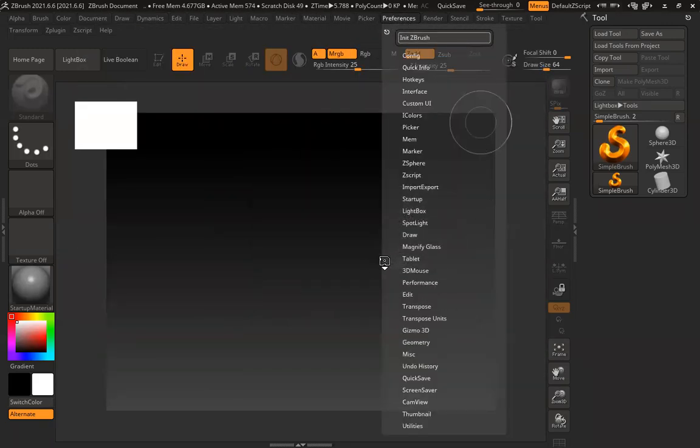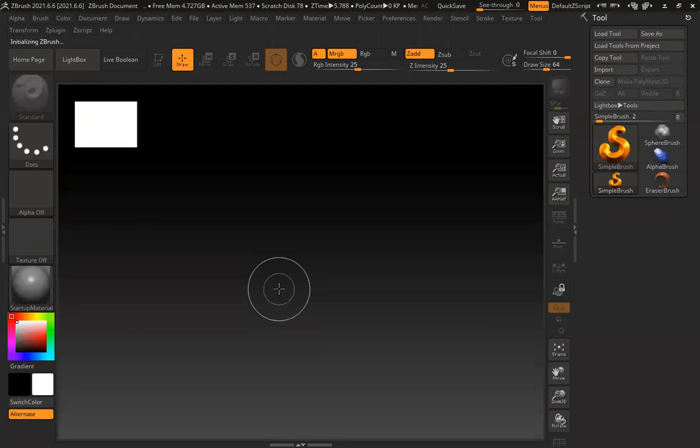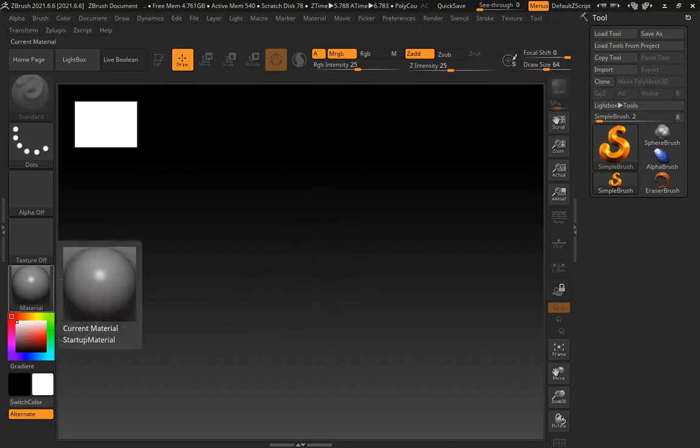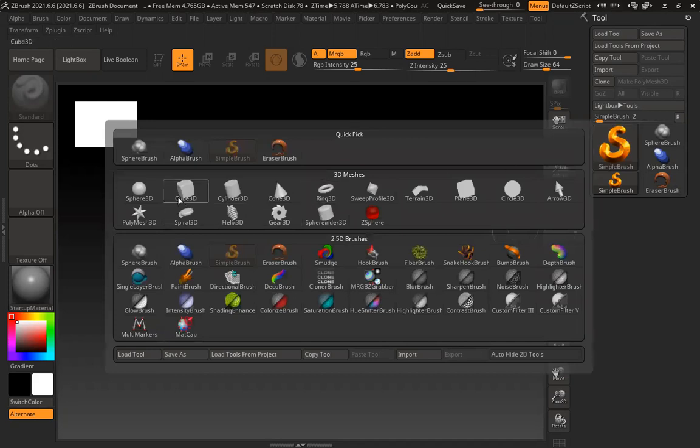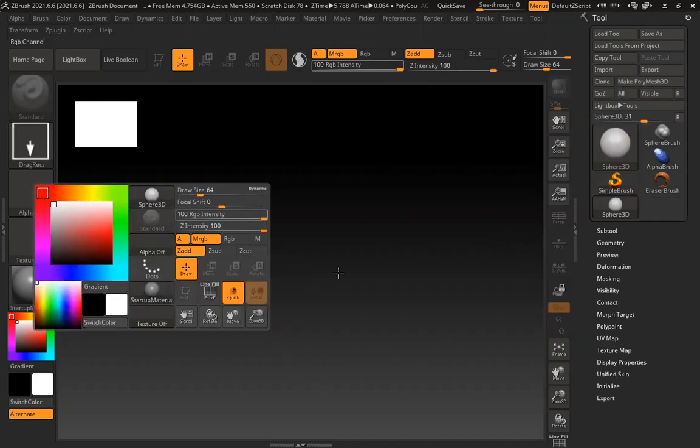Initialize. So there are like two ways. If you want to use alpha, then you need to increase the poly count with your base geometry, right? Otherwise, alpha won't give you this kind of crisp detail. So there are two techniques. Let's see. I can use, let's say, a sphere.